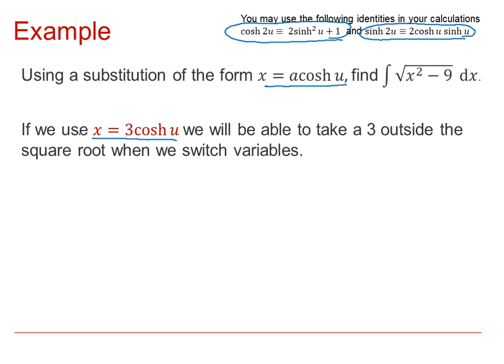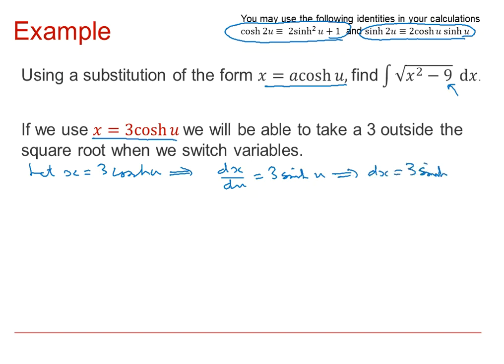So we're going to let x equal 3 cosh u. Notice 3 squared is 9, which I can see in the problem. So 3 cosh u will hopefully be very helpful. If I differentiate that, I get dx by du is 3 sinh u, and therefore dx is 3 sinh u du. So this integral that we're trying to do, which is the square root of x squared minus